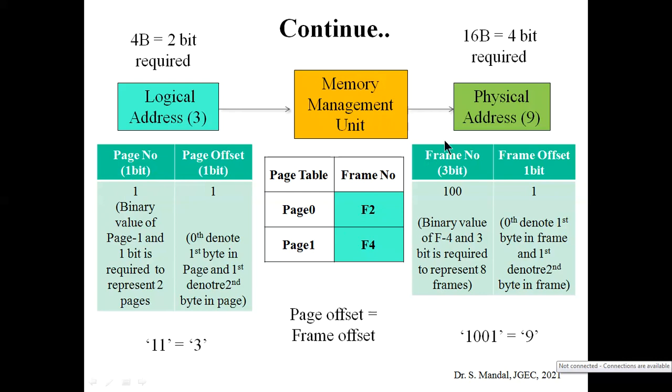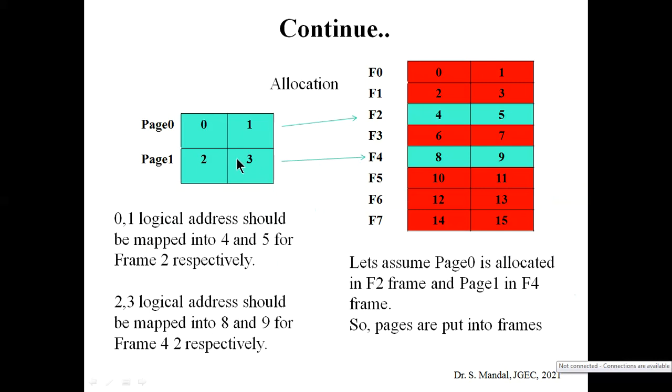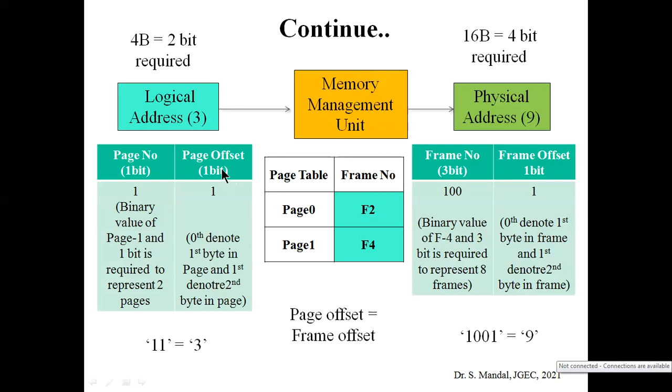Okay, now coming to the physical address. The physical address consists of frame number and frame offset. It should be kept in mind that frame offset and page offset should be the same, as page size and frame size are the same. The second position of page 1 is equivalent to the second position of frame 4, so the second position is constant. That's why the page offset is nothing but the position of that address. So the page offset is one, and the frame offset should be the same, so it should also be 1.